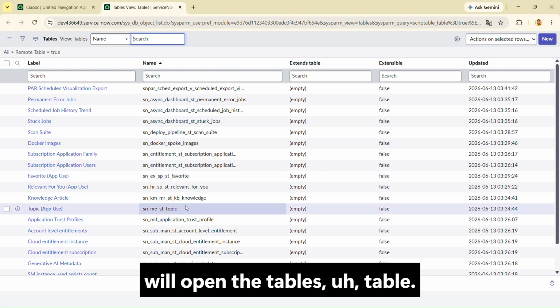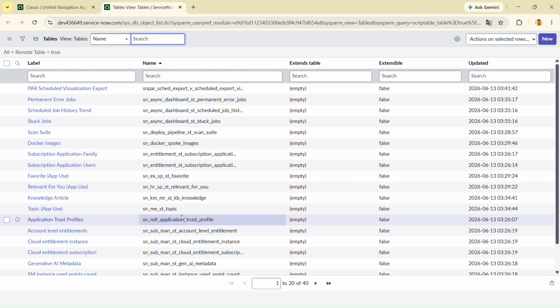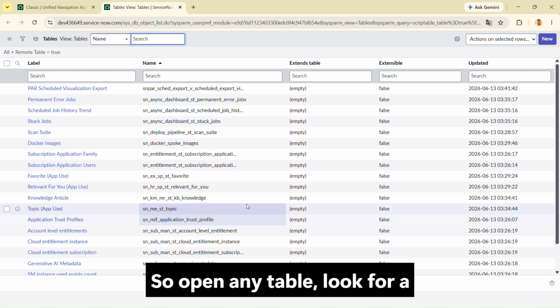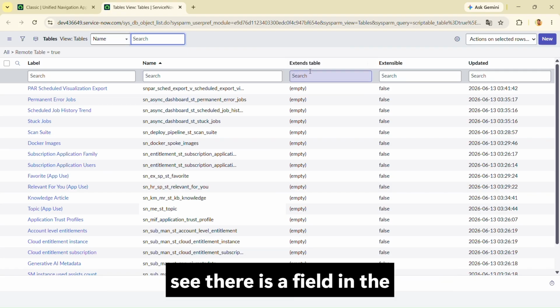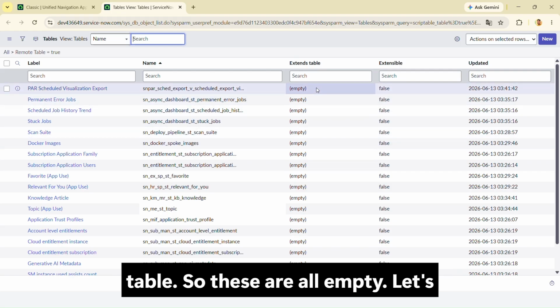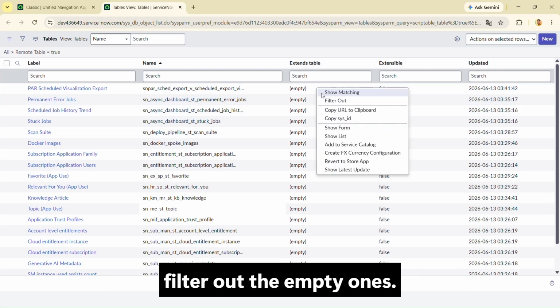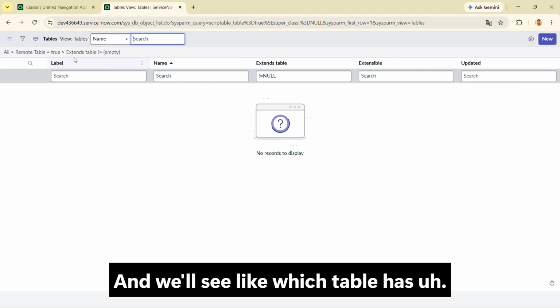It will open the tables table. Open any table and look for a field called extents table. There is a field in the list we already added called extents table. These are all empty. Let's filter out the empty ones, and we'll see which table has